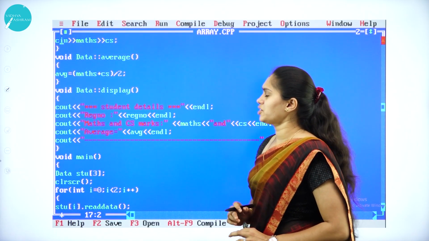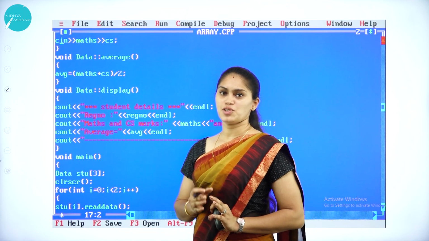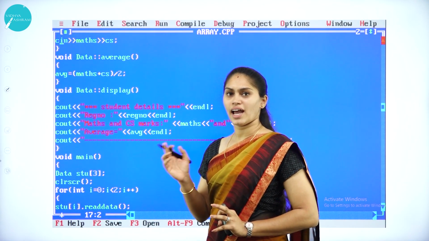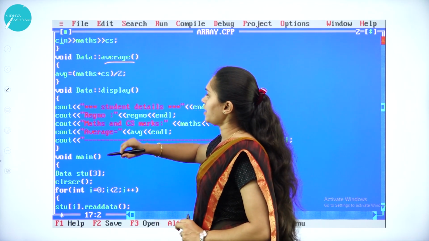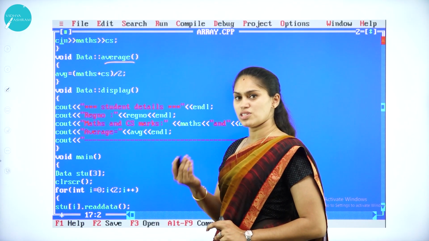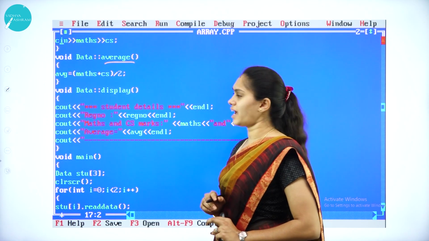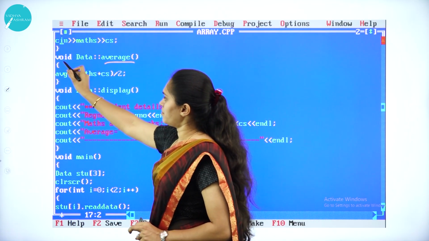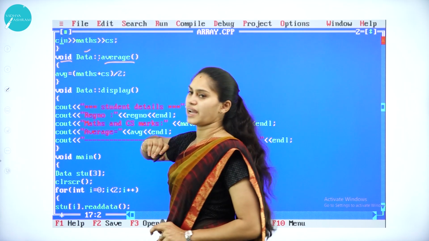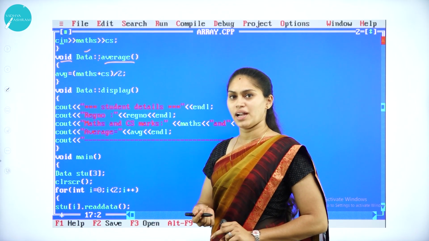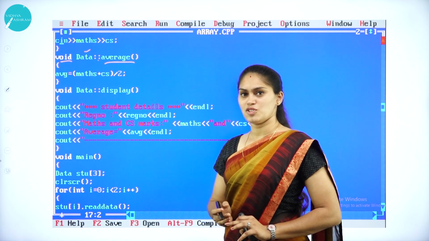So then I am going to find the average of these two subject marks. For that, I have one more member function, that is average. Okay, so I am defining this average outside the class definition, so I have to follow the syntax. It must consider the return type, then I am specifying the class name. Later on I have the scope resolution operator. What is the usage of the scope resolution operator?